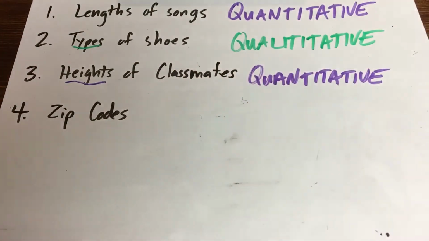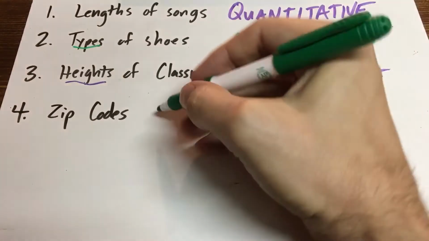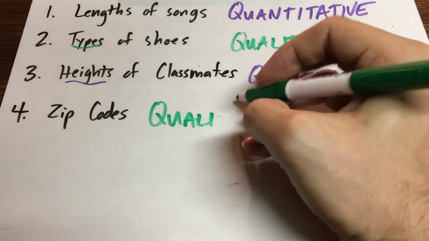Zip codes. If I did a survey of people's zip codes as they walked into the mall or walked into a stadium, zip codes. Can I measure a zip code? Not really. A zip code is just kind of assigned to you. I mean, it has numbers in it, but is it really a measurement of anything? No. So things like zip codes, phone numbers,